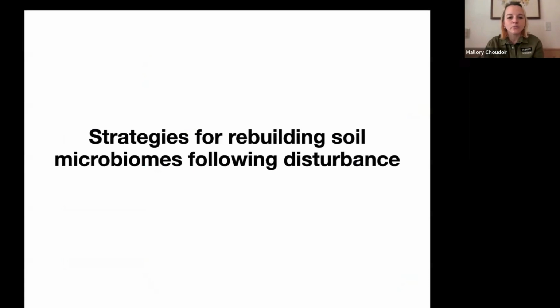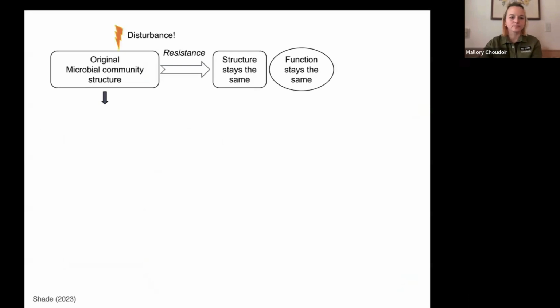Okay, so that was a very brief overview of the beneficial functions of microbiomes. And now we're going to transition to strategies for rebuilding soil microbiomes following disturbances. So when we think of what is happening after an environmental disturbance, there are a few ecological scenarios that are playing out. One could be there is no disturbance, so the